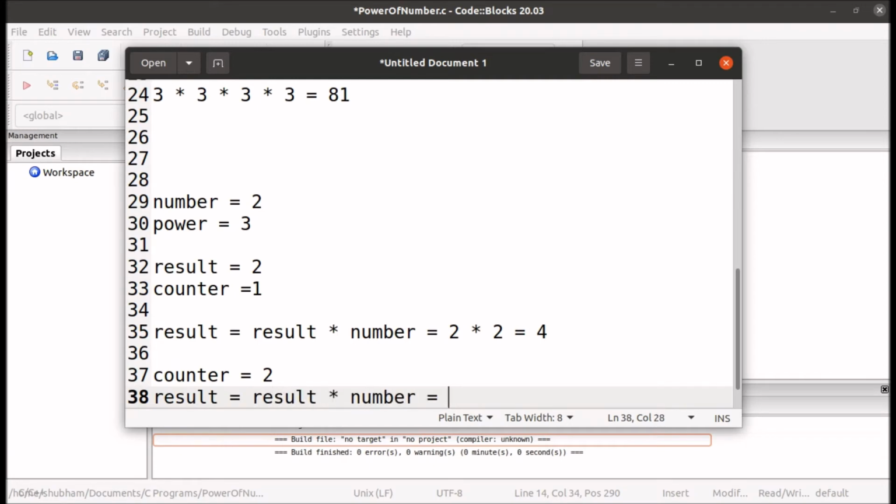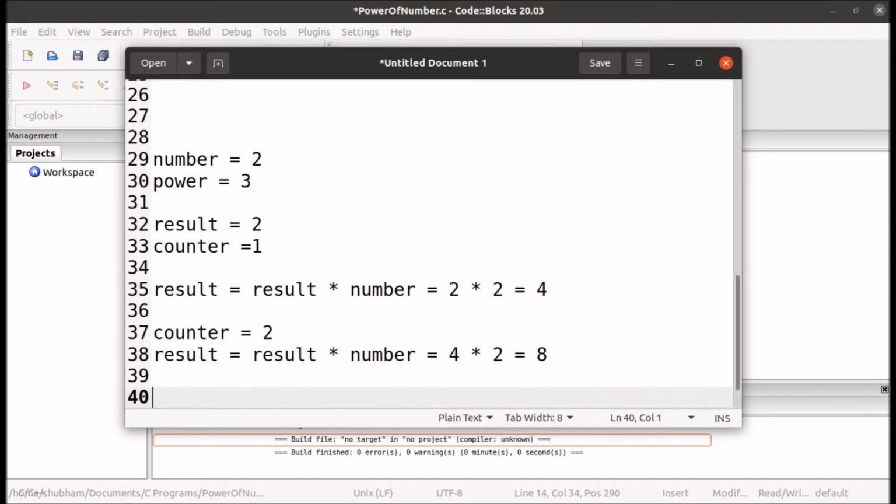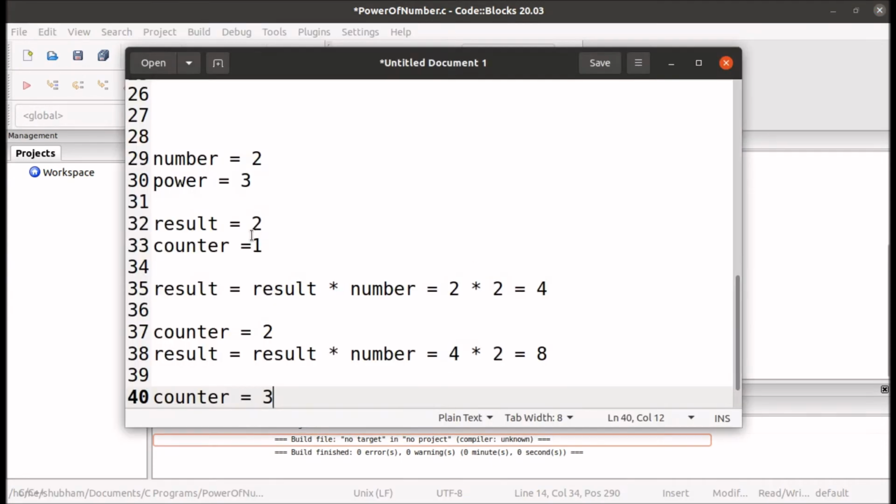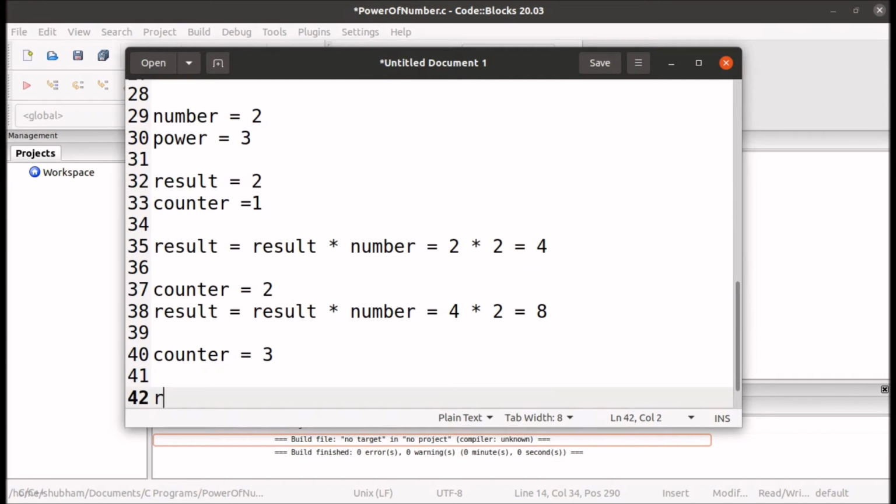So the value of result is 4 and the value of number is 2. 4 multiplied by 2 is 8, and then counter will become 3 and it will check is counter less than power. So the value of counter is 3 and the value of power is also 3, and 3 less than 3 is false, so the loop will break and we will print result.